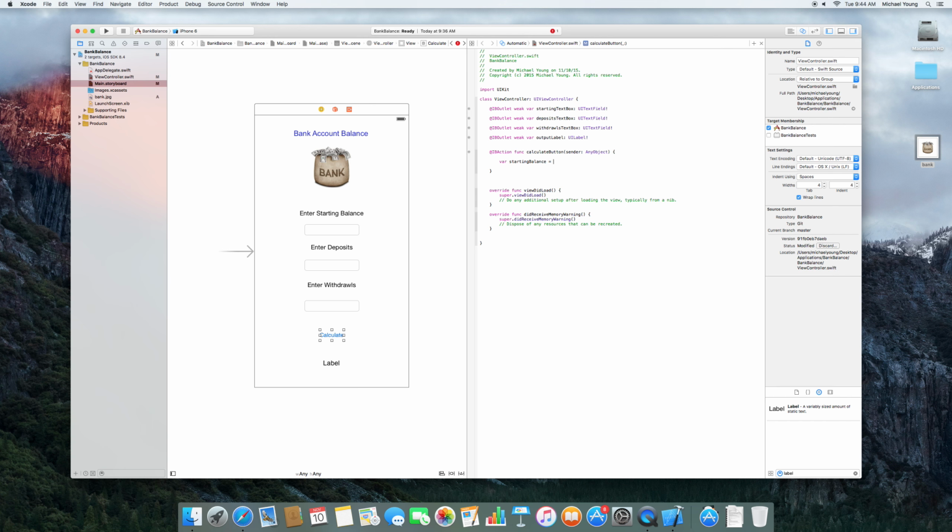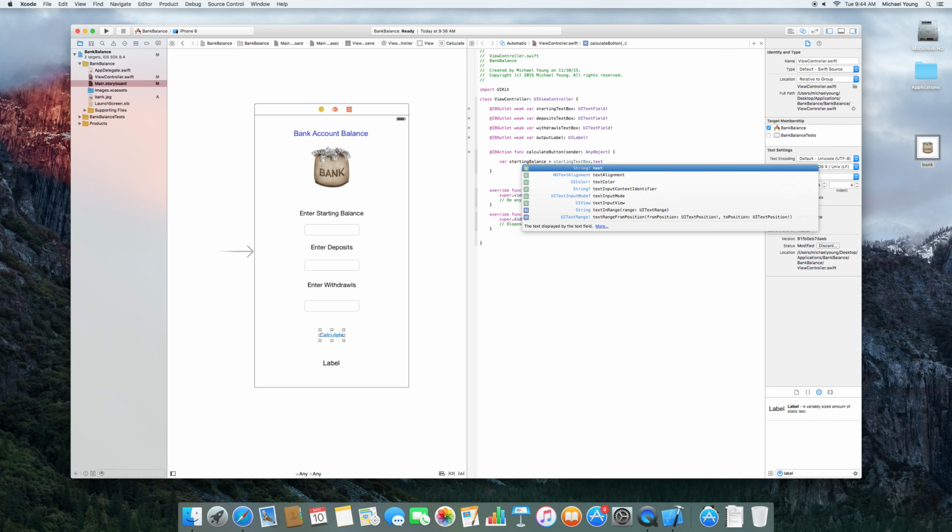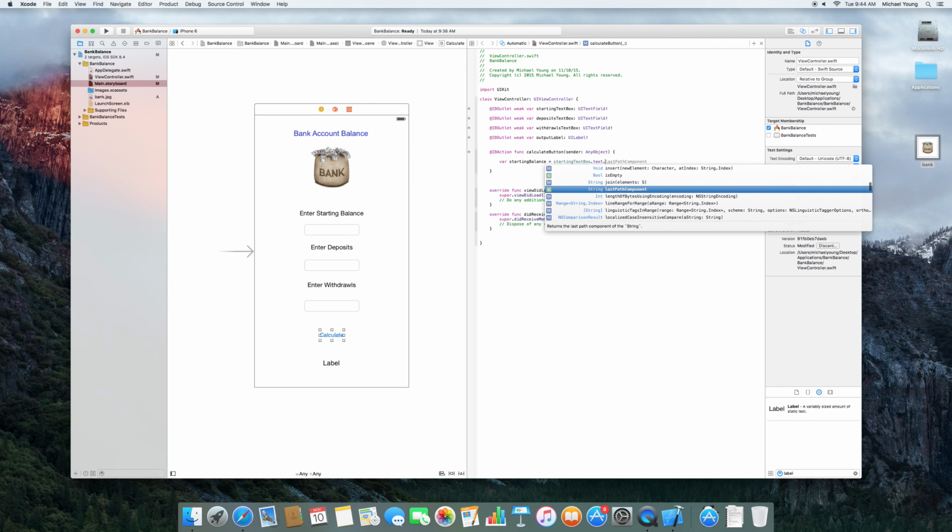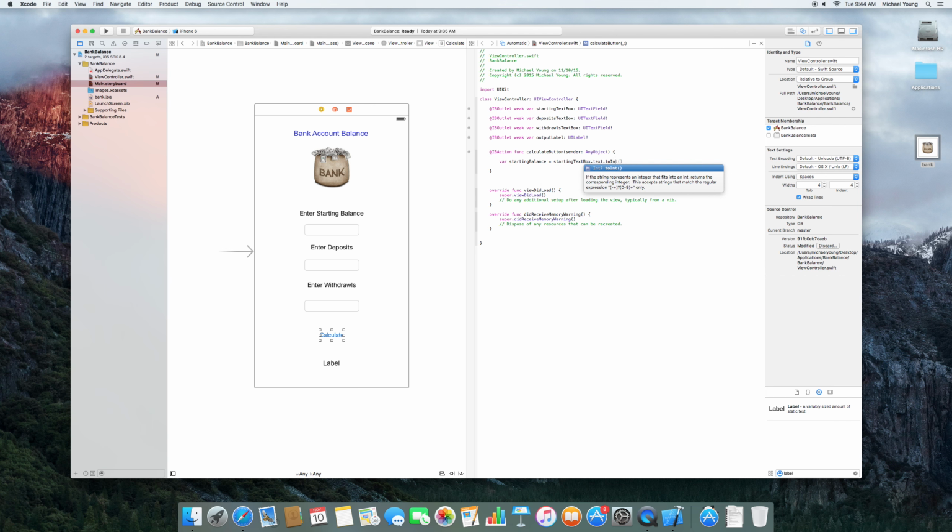And we're going to set that equal to what we called our first text box, the starting text box dot text, and you can see here it automatically fills it in for you. Since this is a string that's coming in here, we want to change it to an int since we'll be working with numbers. We do that simply by typing to int